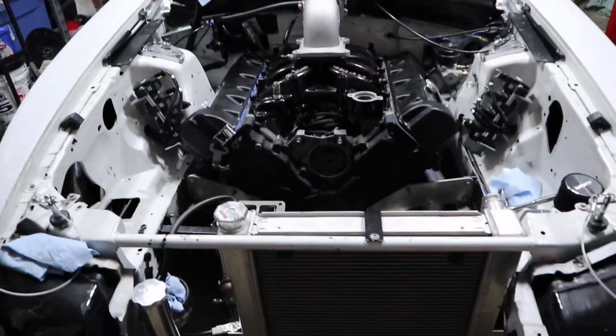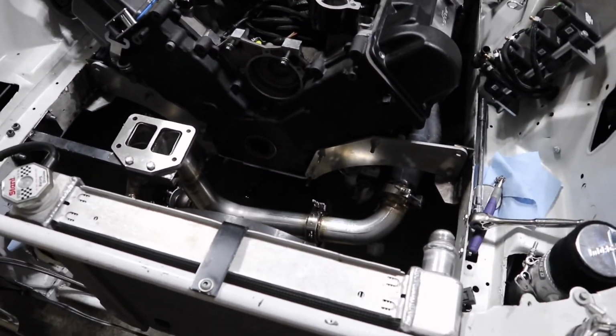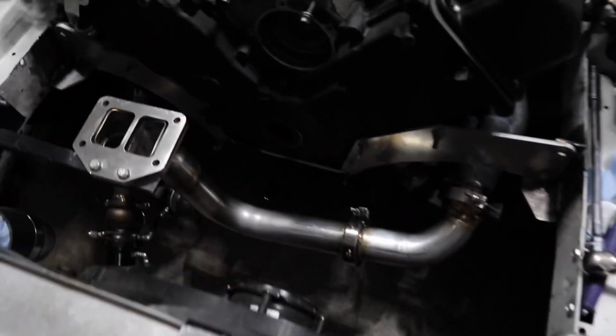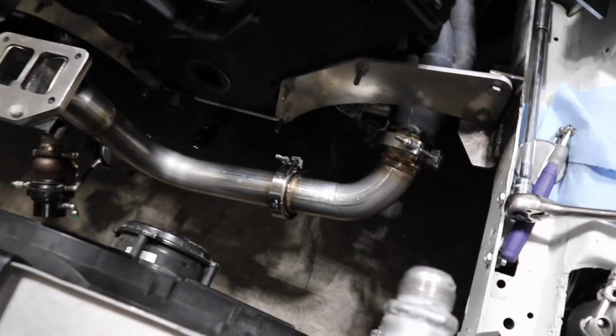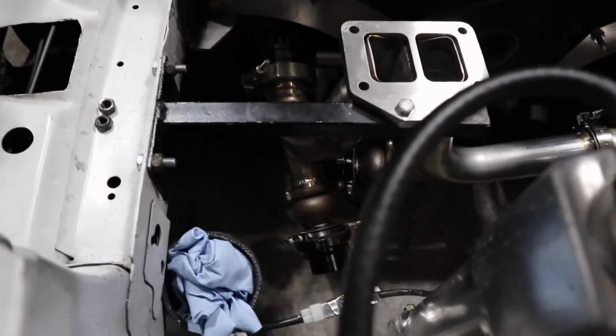I'm going to show you guys it here in a second, and then I'm going to do a little bit of engine assembly today. Get a little bit closer, get the engine block and stuff ready for when the heads get here. If anyone follows my Instagram, I already got the hot side welded up, and it's mocked up here in the car. Everything fits really nice, and got the